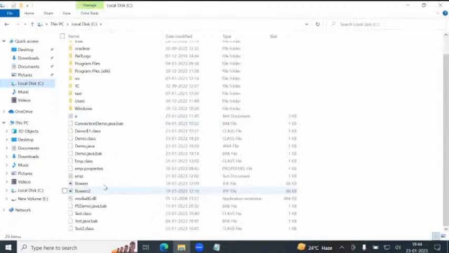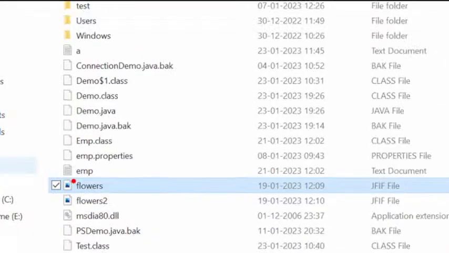Suppose one image, flowers, file name, file extension jfif. This image I want to store in a database. That is my task. Now,